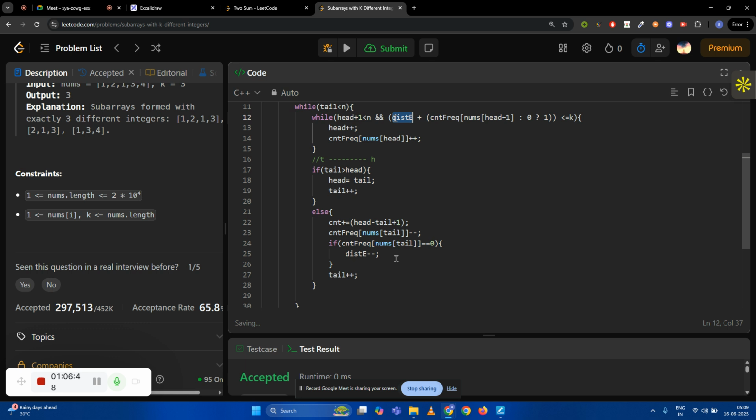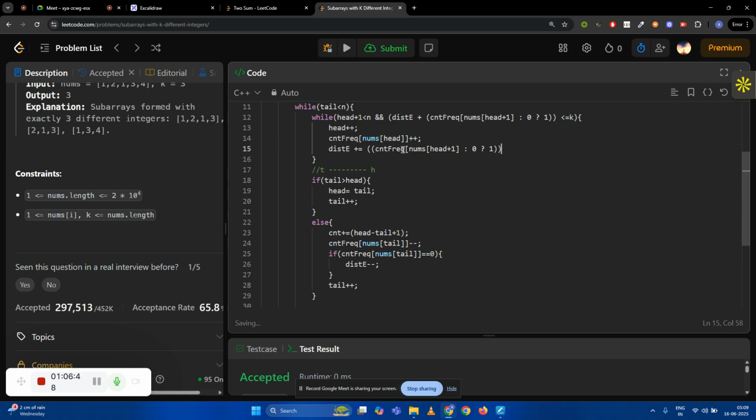क्योंकि सपोज मेरे पास एक ही 2 था और वो 2 टेल, जिसे मैंने आगे बढ़ाया, वो 2 हट गया, तो डिस्टिंक्ट एलिमेंट एक कम हो गया, राइट? So I would do distinct element minus minus. और यहाँ पे भी एक काम करेंगे, distinct element plus equal to ये सेम चीज जो मैंने यहाँ पे किया। ओके।